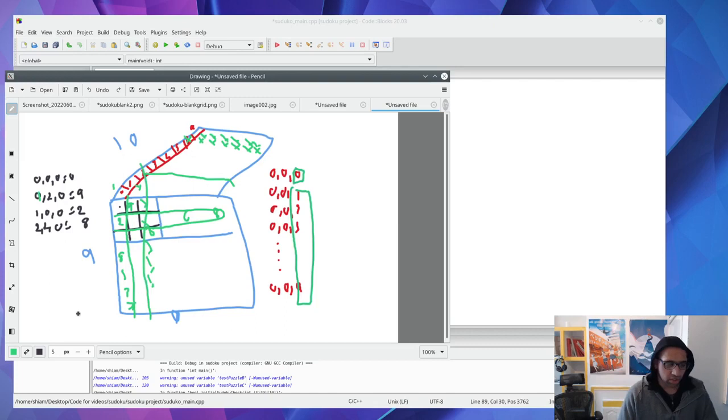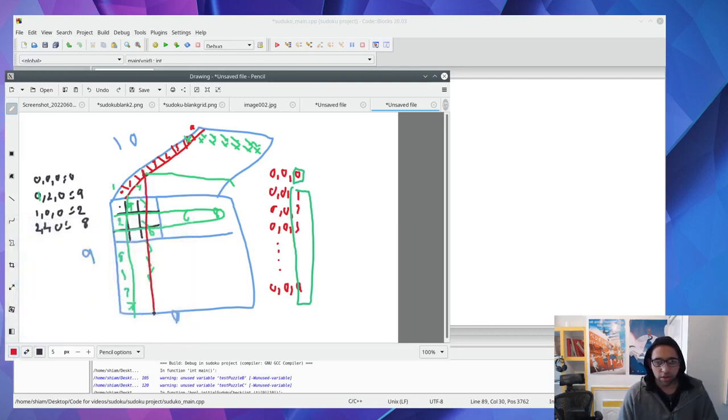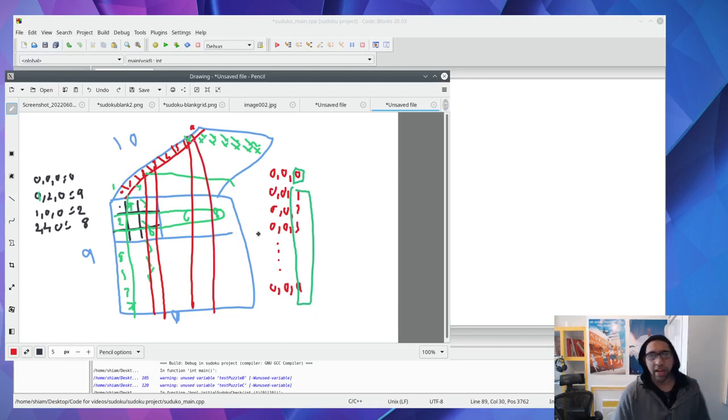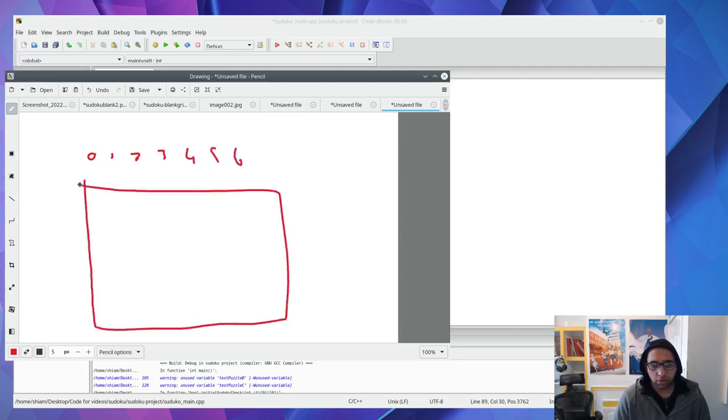Let me change color. You're saying, no, you can't be a 2 downwards, you can't be a 3 downwards, you can't be a 7 downwards, you can't be an 8 downwards. So that is kind of how it works. If we were to change the view to be 0, 1, 2, 3, 4, 5, 6, we're looking at the array now from kind of like this angle. Hard to explain, but